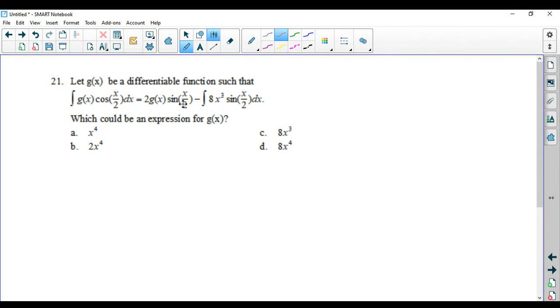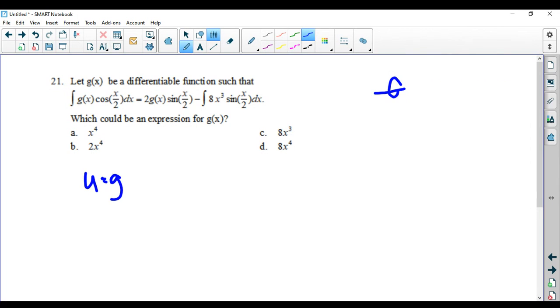So the way to handle this one is to just go normally. You're going to let u be g of x and dv be cosine of x over 2 dx. So you know cosine's the dv because you integrated the cosine, because we have this factor of 2 out here. If cosine was the u and we had to differentiate, then it would be a factor of 1/2 out there somewhere. So that's the hint that tells you that for this question,